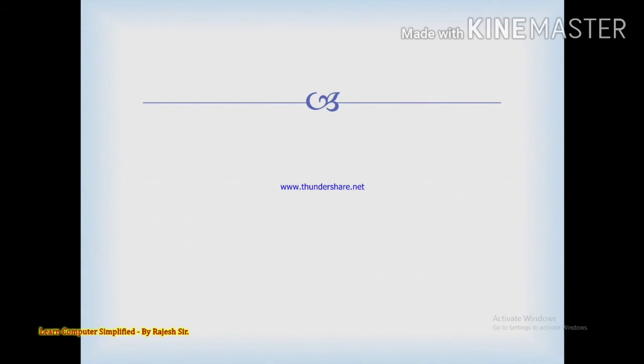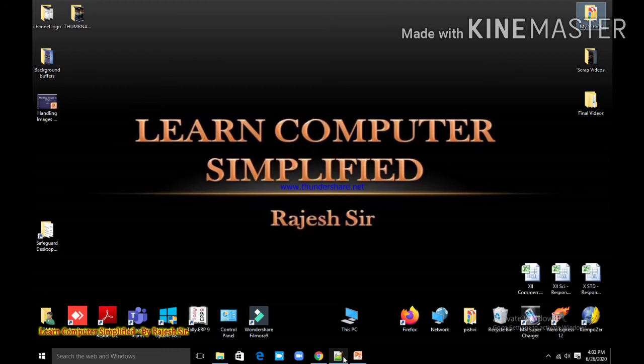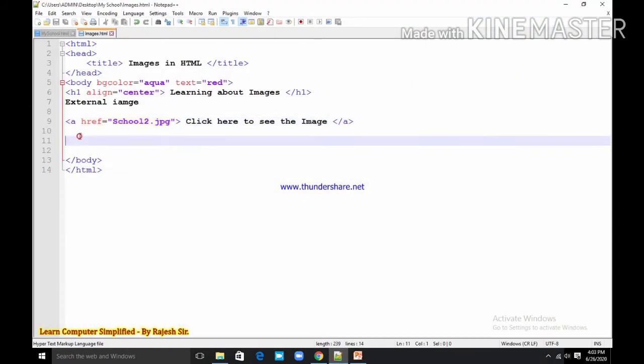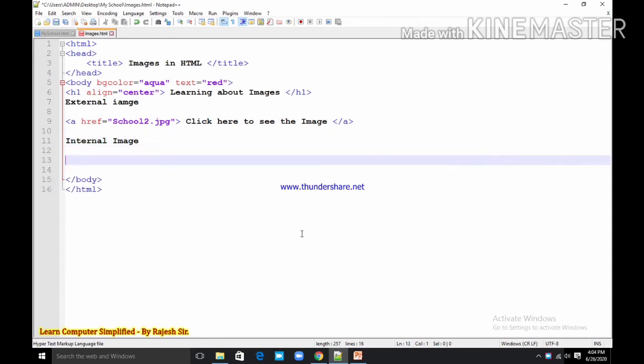Okay, so let us see it. Here internal image, and here img space src equals to double quotes, and I am giving the same image over here, school2.jpg.